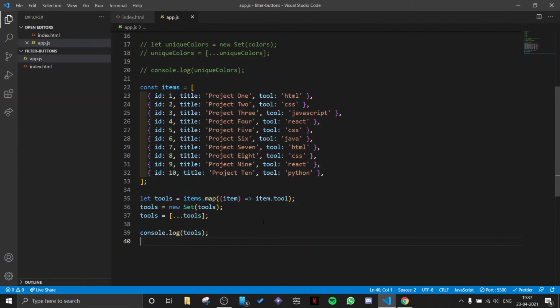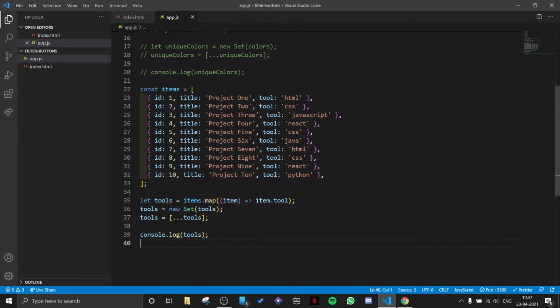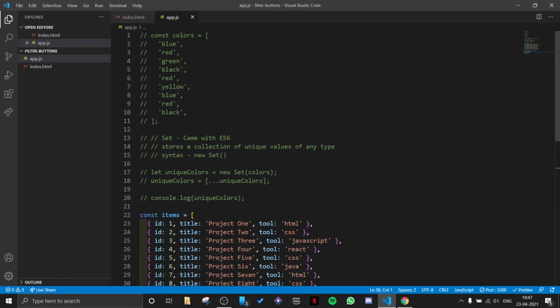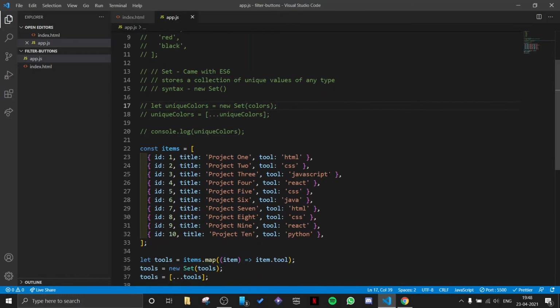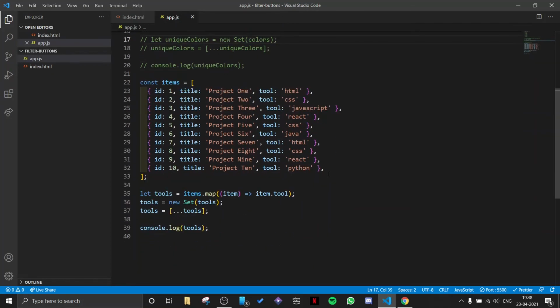And since we are working on a complex example, we can convert all this into a single line. And let's see how we do that. So like I mentioned, we can pass anything inside a set constructor, right? I said that we can even pass a whole loop inside the set constructor. So if I comment out this line, and here we are looping over our items array, right?